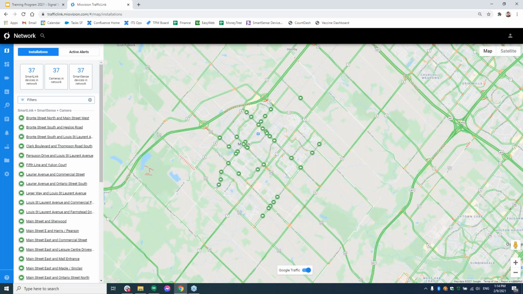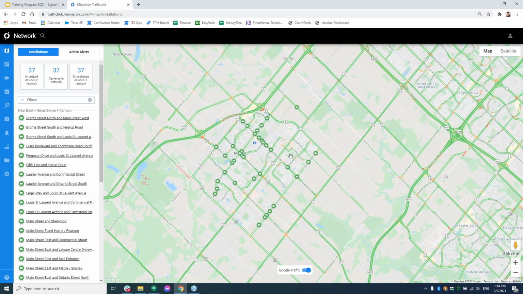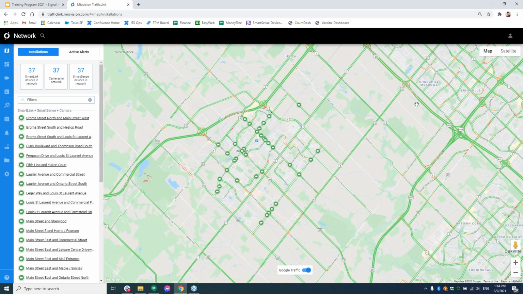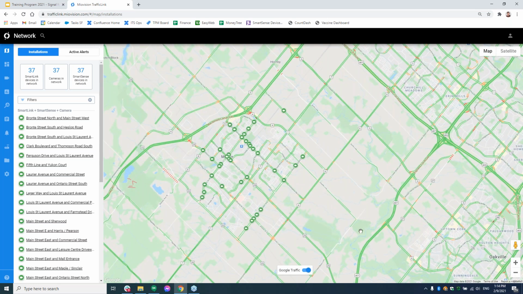All right, so let's jump over to the map view. So now that you're a user and you're all set up and everybody's getting involved, let's look at the new map view. If anybody's been in the platform recently, you would have noticed the change in the platform where the UI has gotten a little bit easier to use. It's been divided into 2 views.